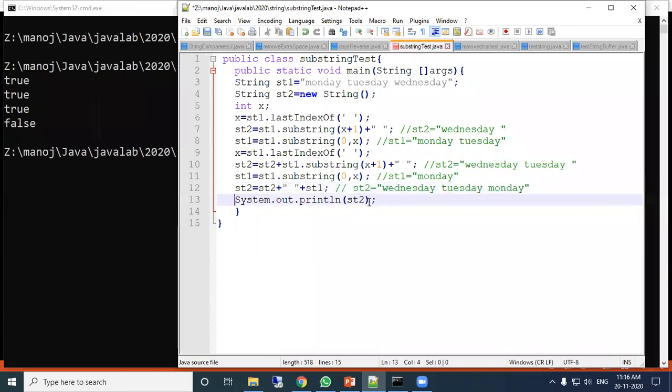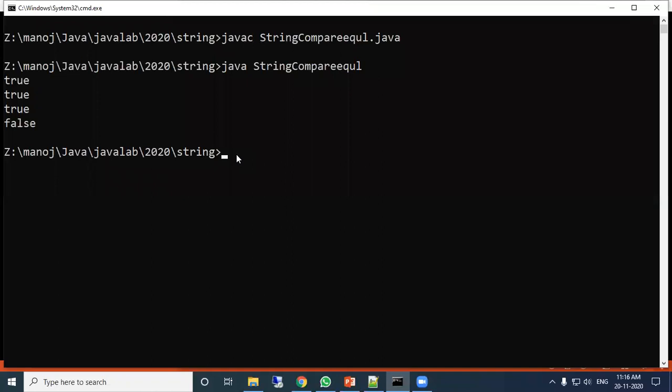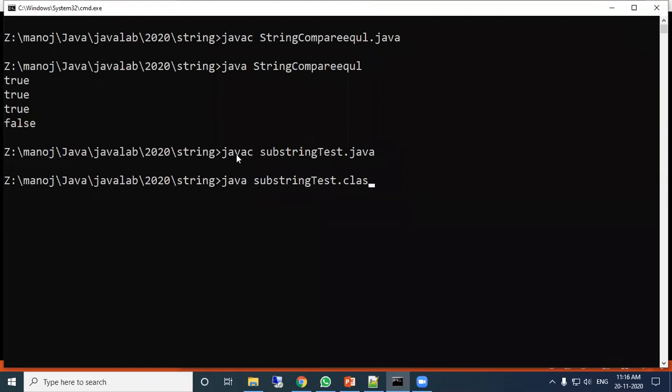Now when you print ST2, the output will be Wednesday, Tuesday and Monday. Now let us compile and execute. This program name is SubstringTest.java. Okay, Wednesday, Tuesday, Monday.